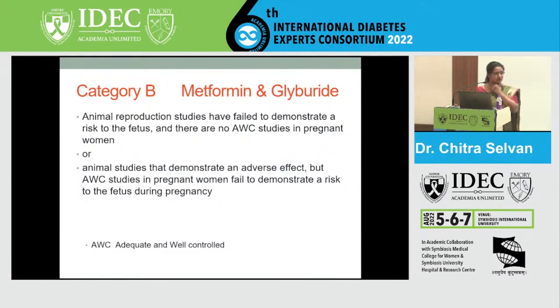Metformin carries some risk of preterm labor, some risk of preeclampsia as well. Glibenclamide comes with the risk of neonatal hypoglycemia and also macrosomia. But any day, these should be agents which should be your last resort, and in situations where insulin is something which you cannot use at all, right?